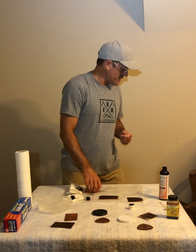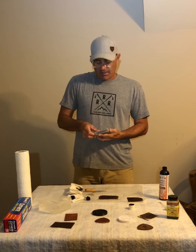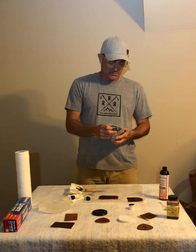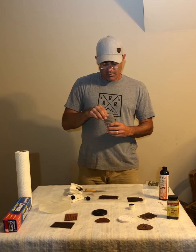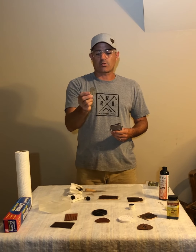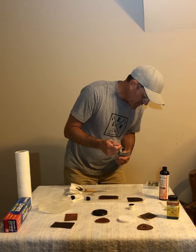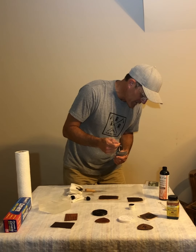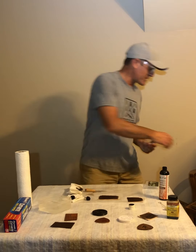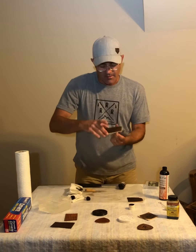There is one thing after you get done, you let it completely dry and you get it all trimmed up. I usually take these stitching tools and create, if you wanted to or needed to, the stitching holes in them. You know, they're beveled stitching holes. I think I use a 4mm. I can't remember exactly what they are, but you just put them on there and you just tap them with a hammer along the edge,